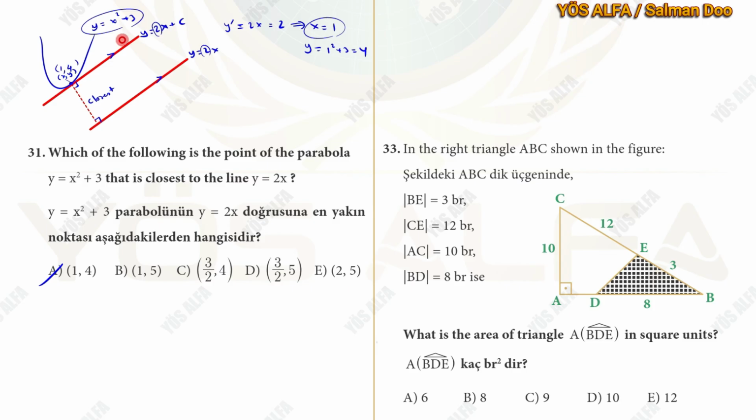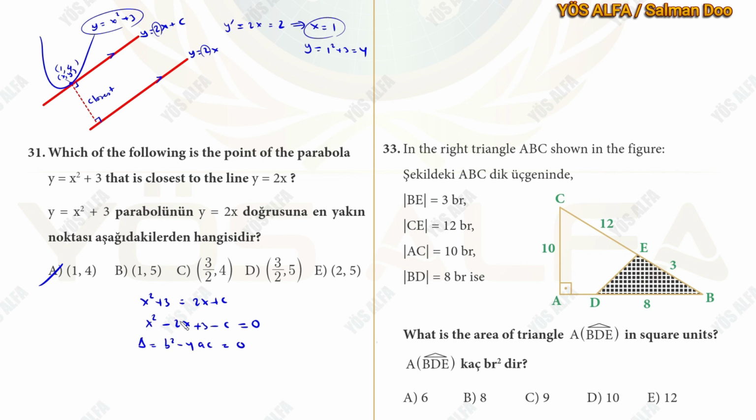At the point of tangency, both the linear line and the parabola share the same point. So we can write the equation together at that particular point. So x squared plus 3 is equal to 2x plus c. From here, we can find x squared minus 2x plus 3 minus c is equal to 0. Since the parabola and the linear line are tangent to each other, the discriminant of the second order equation must